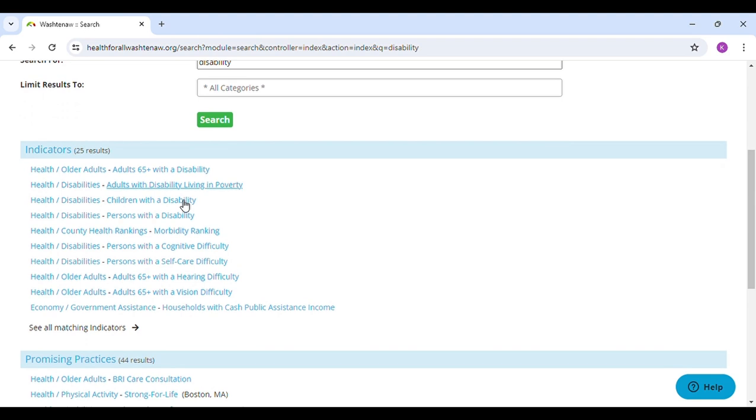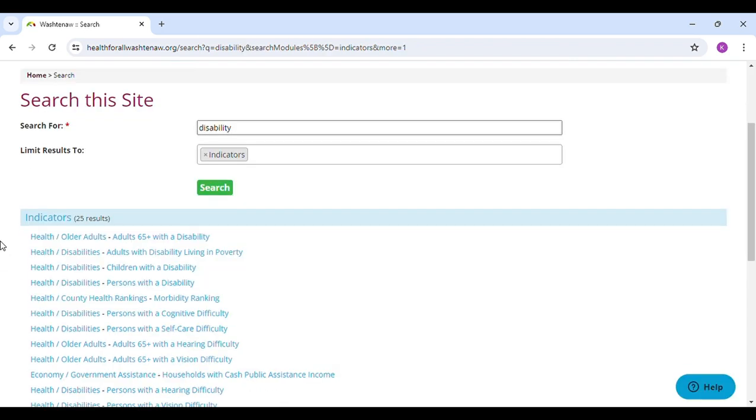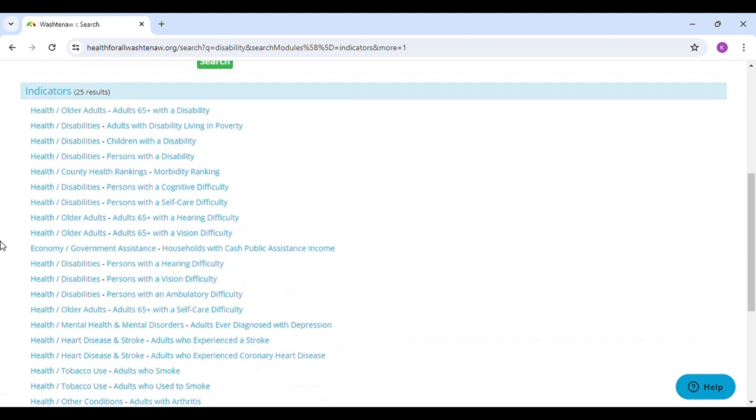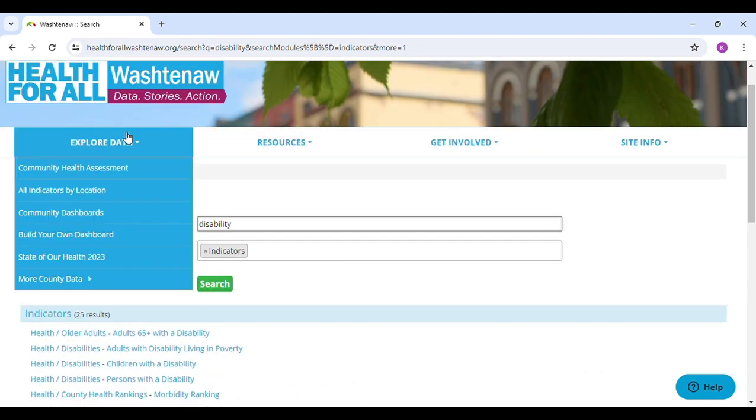Here we have our top results, and if you're wanting to look at all matching indicators, you can scroll to the bottom and click this See All Matching Indicators, and then it'll pull up everything that the site perceives as relevant to that. Using the second method, we could go up to the Explore Data tab, select All Indicators by Location,